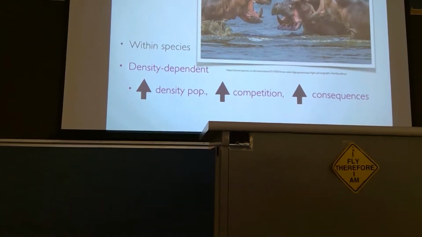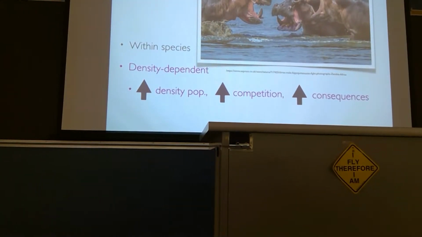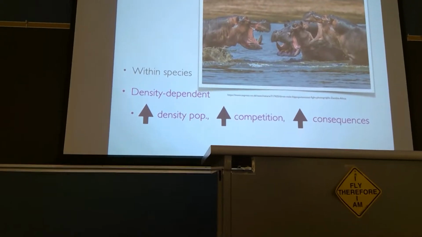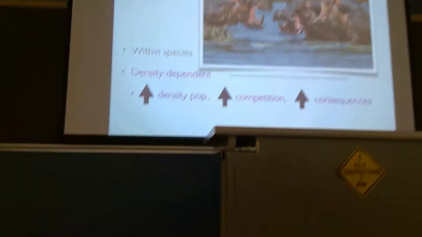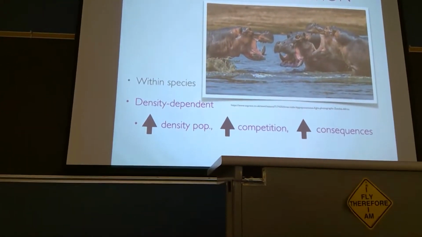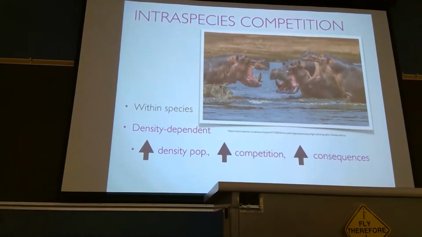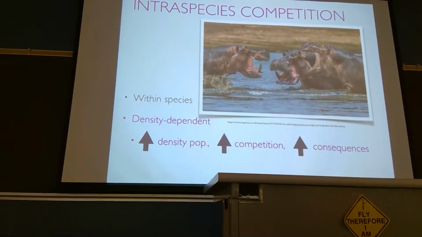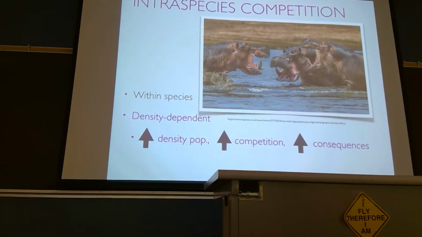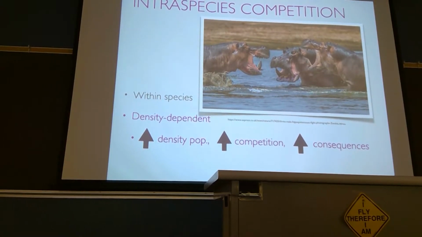We have these hippos, which are in an aggressive stance and definitely have competition with each other. The cause of this particular picture could be a bunch of different things, whether it's mating or food territory or just simply space, personal space issues. Hippos have trouble with that too. They're more deadly than crocodiles in Africa. Leave the hippos alone. Okay.